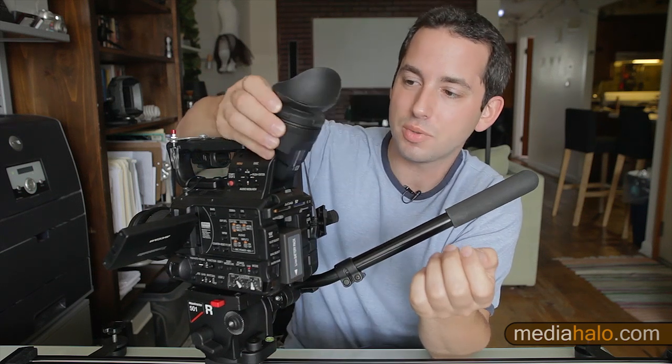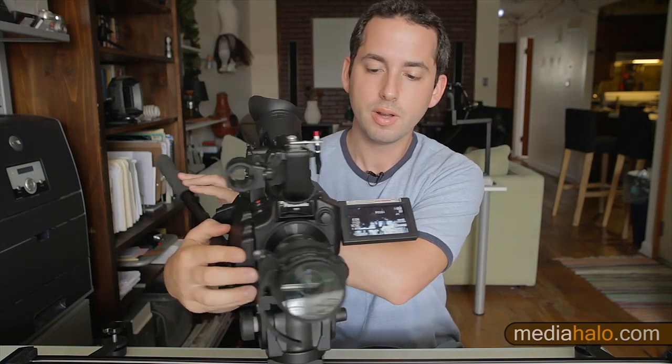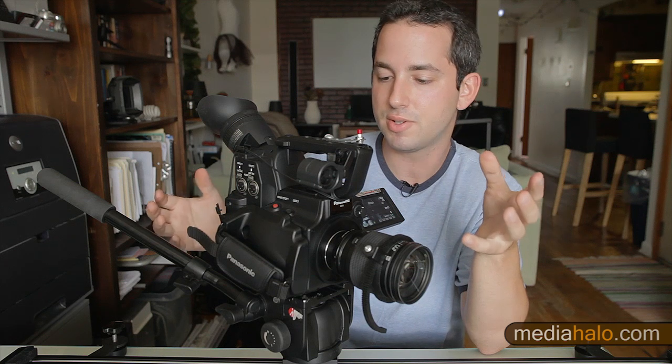What's that worth to you? What's it worth to you to have an actual viewfinder? Honestly, I never really use this thing, but still, it's there because it's a professional camera body. So right there, we're already getting well within this camera's price range just the extra features that are built into